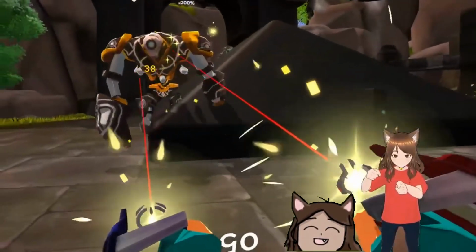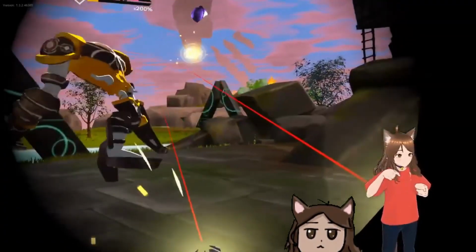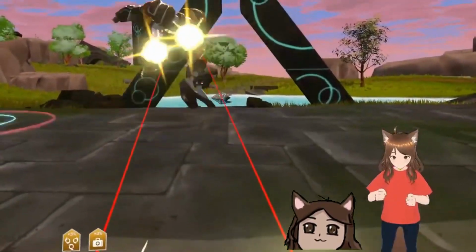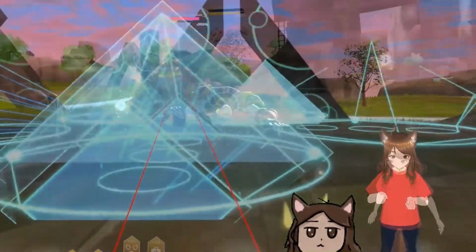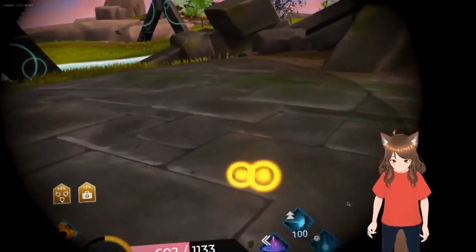Combat is, as a mage, holding down the trigger buttons for a set amount of time and letting it go for your charged shot, letting go of your weapons to use your magic spells, and that's it really. Combat is a little...